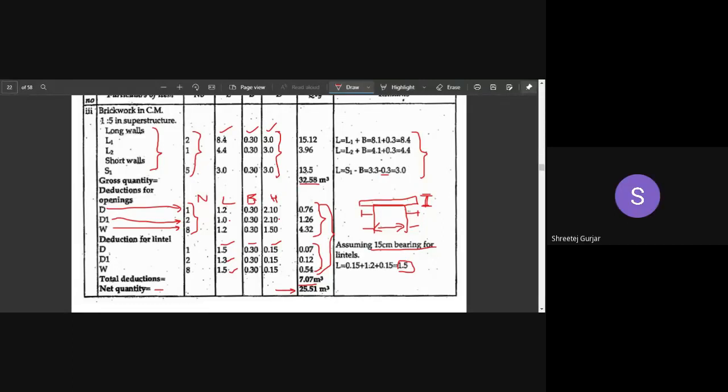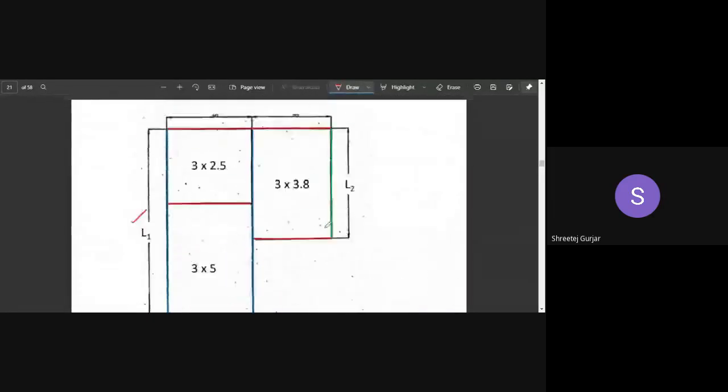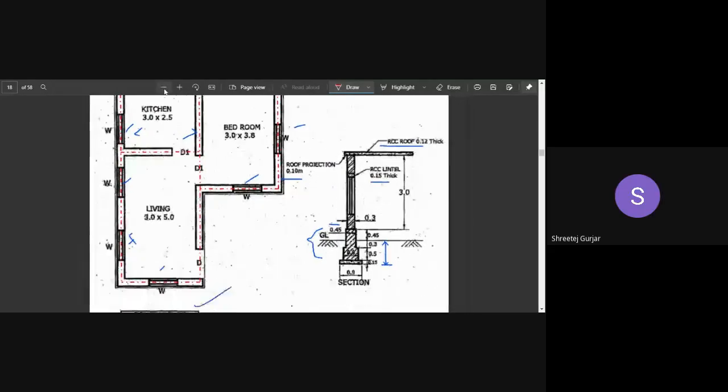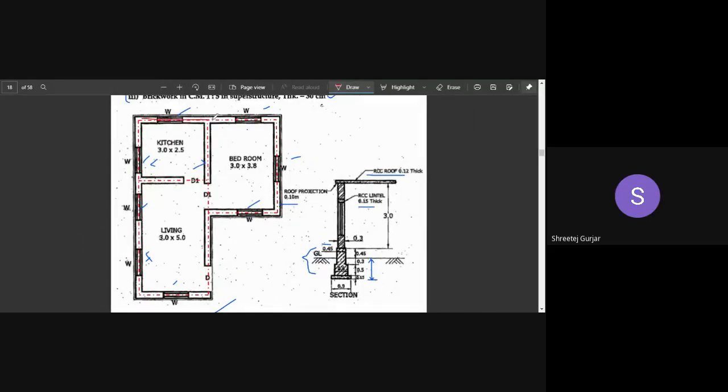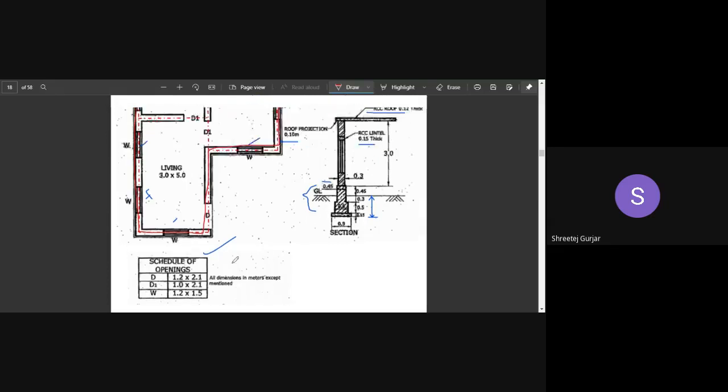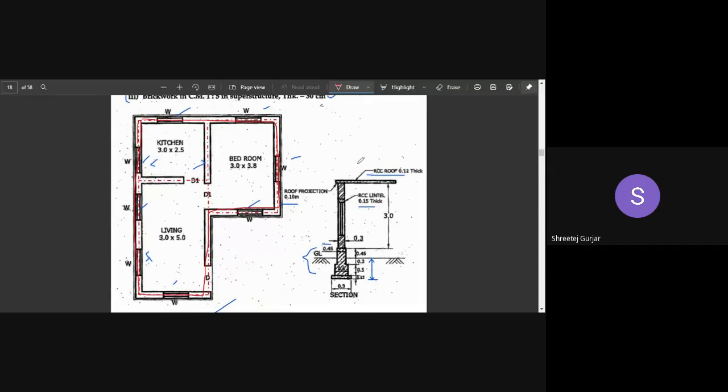Hello, sir. Yes, Aziz. Sir, in some cases, the length of the lintel is equal to the length of the wall also, no, sir? Okay, so you are talking about an all-around lintel, which runs continuously throughout your plan. Let me scroll up. Here it will be running throughout, like this, continuously. It will not be broken up. That will be mentioned in your schedule, whether a lintel is all around or whether it is broken up. In this, it is not an all-around lintel. If it was, it would have been mentioned.